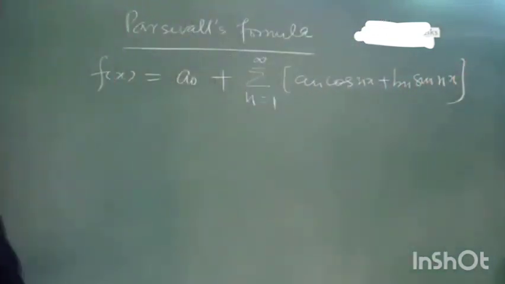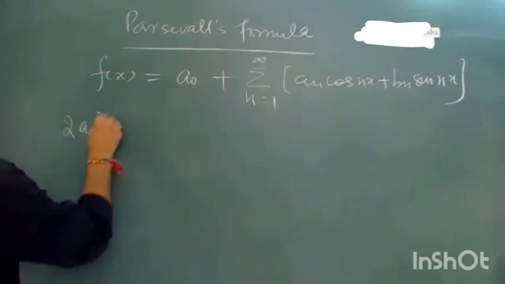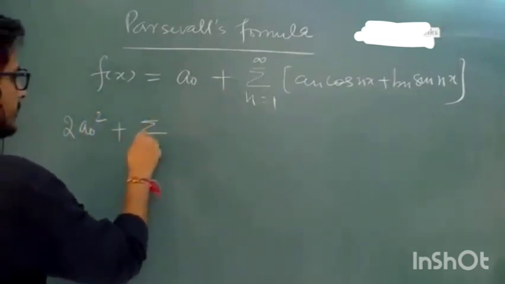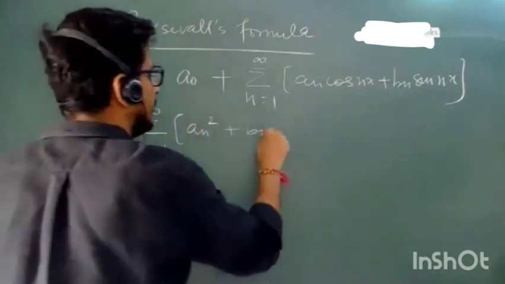Suppose this is the infinite series, then Parseval's identity says that 2a naught square plus summation n is equal to 1 to infinity a_n square plus b_n square